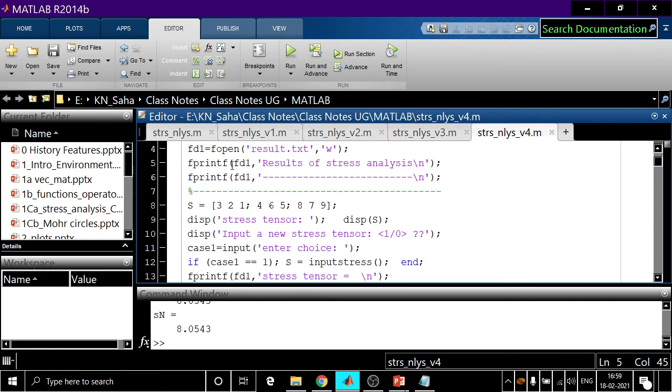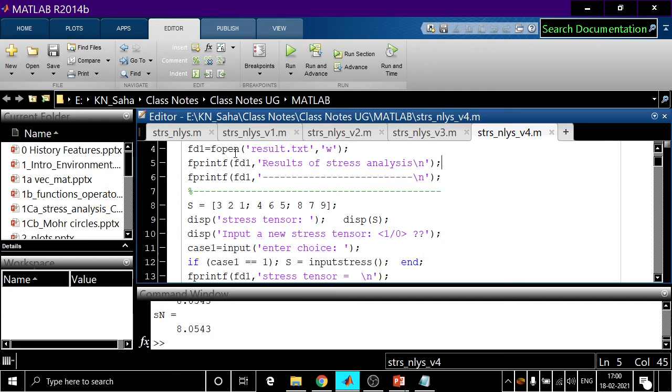Then we have written in this file. How this file is mentioned in this fprintf command: the handle of the file is stored in this variable fd1. Actually, fd stands for file descriptor number 1. You can give it f1, f2, whatever, anything.